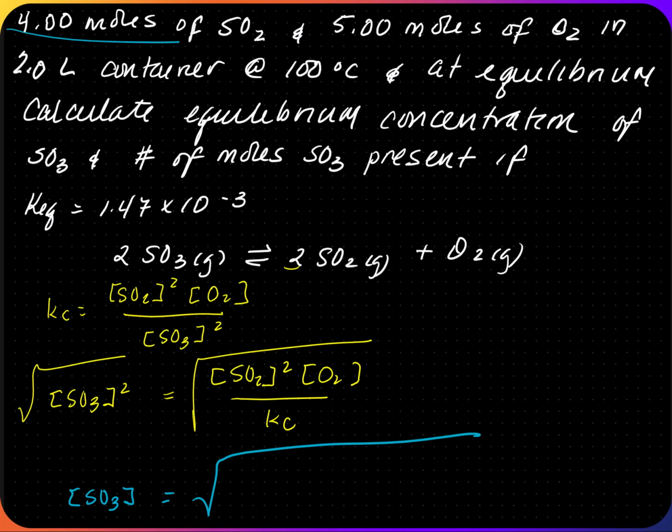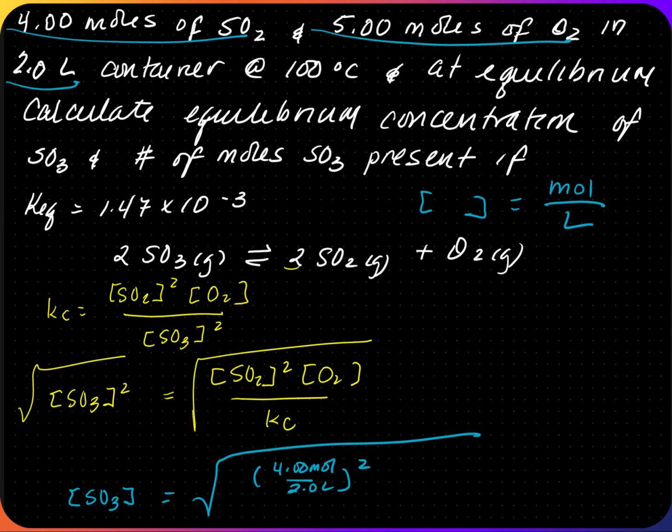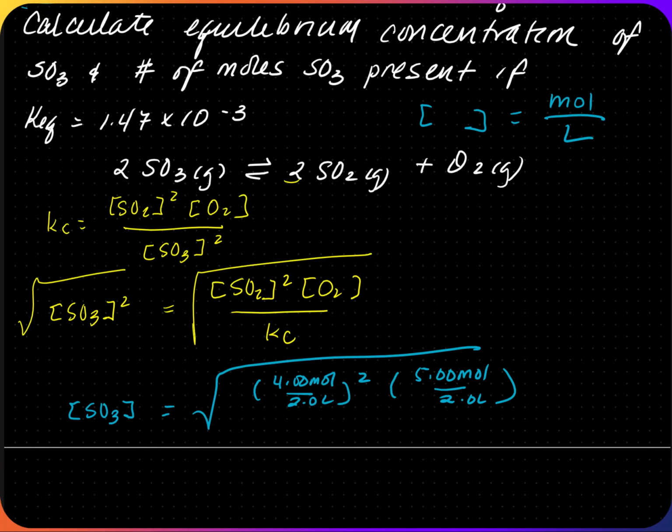For SO2, we have moles that are given and the liters, so we have to solve for concentration. Remember, concentration is moles per liter. So for SO2, my concentration will be 4 moles divided by 2 liters, squared. And for oxygen, there's 5 moles in 2 liters. That's going to be 5.0 moles in 2 liters, divided by the Kc, which is provided as 1.47 times 10 to the negative 3rd. Solving for the math,